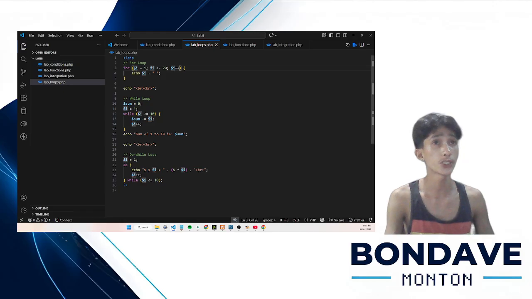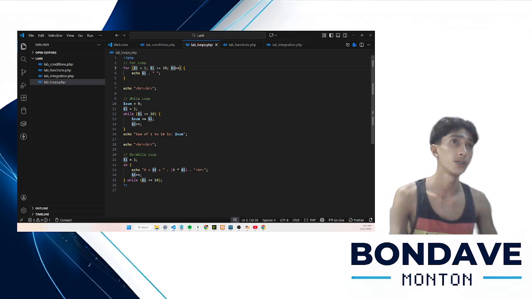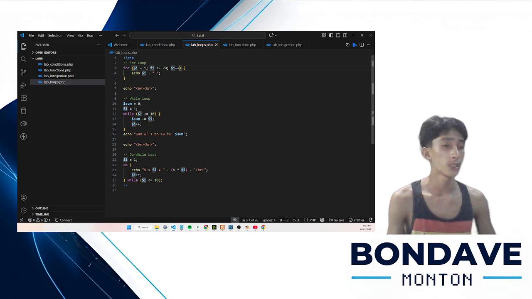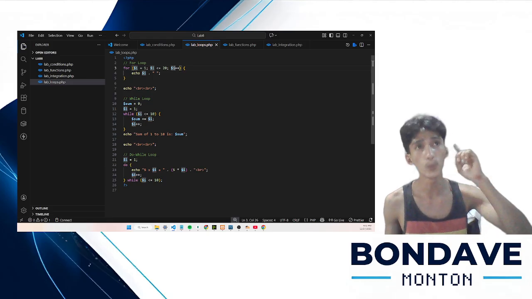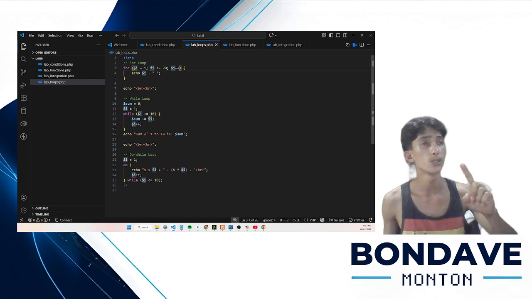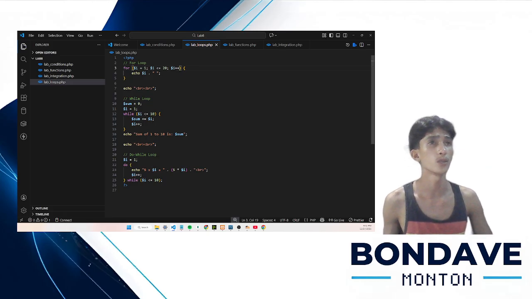The condition here is: if 1 is less than or equal to 20, it continues, and the loop ends once it passes 20. So the expected output is from 1, it will automatically add 1 and continue until it reaches 20.